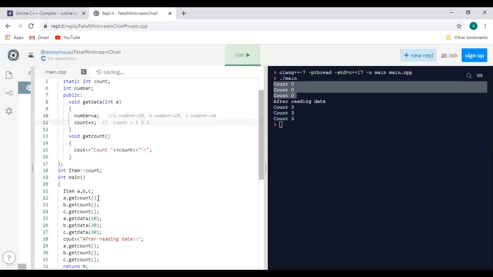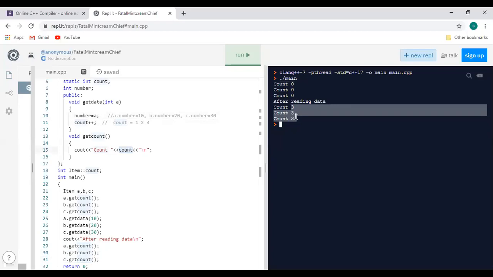So after that, again when we call get data for each and every object, that static variable is incremented by 1, to 3. But when we want to display that count, the static variable, each and every object is going to display the same value.